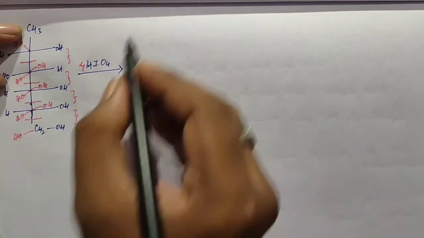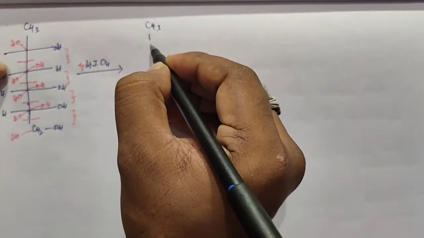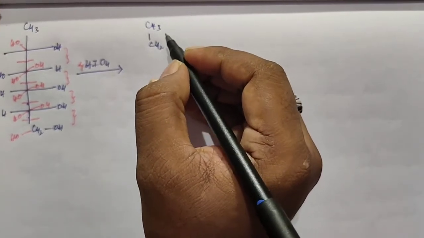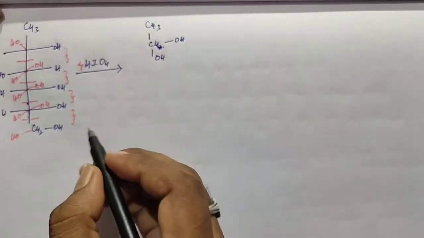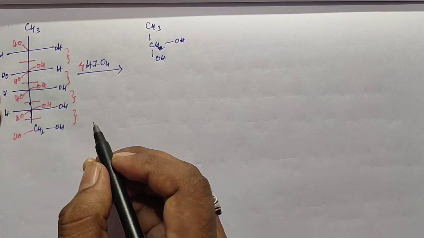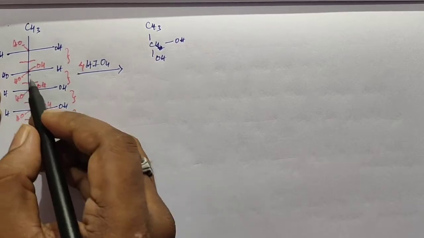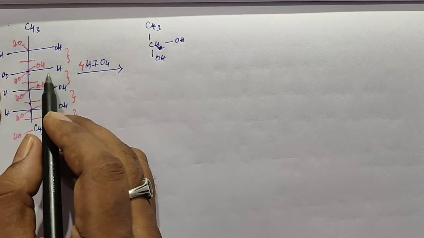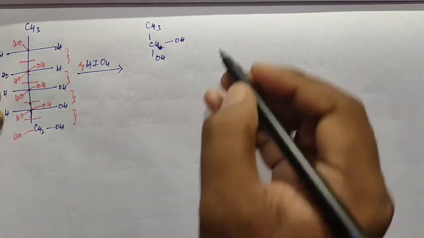So first we take this compound. Here we have CH3, and this is CH2, sorry, CH, OH and OH. See this 1, 2, 3, these three carbons break down in the same way. So these three carbons have the same type of configuration and the same type of attachment of two OH groups. All are present in the same way.